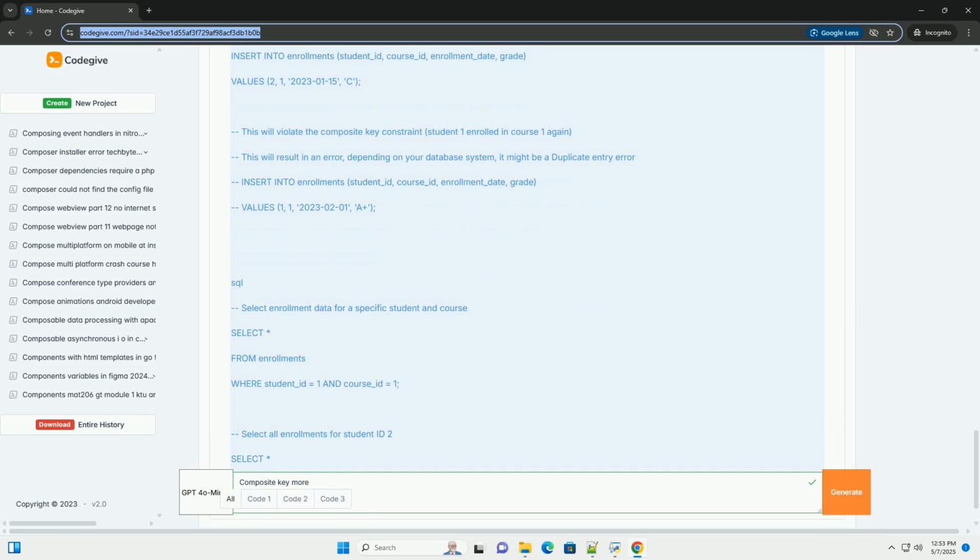2. Why use composite keys? Common use cases. Composite keys are most useful when a single column cannot uniquely identify a row. Some common scenarios where composite keys shine include